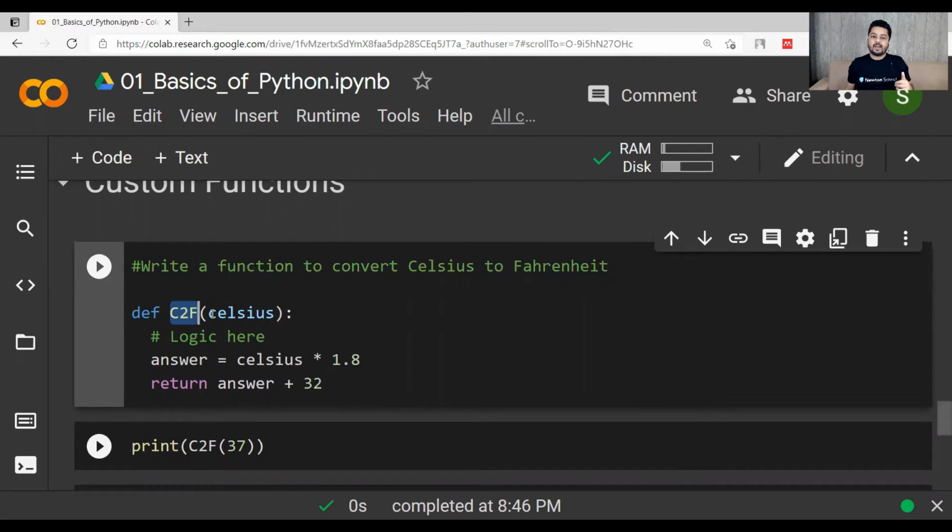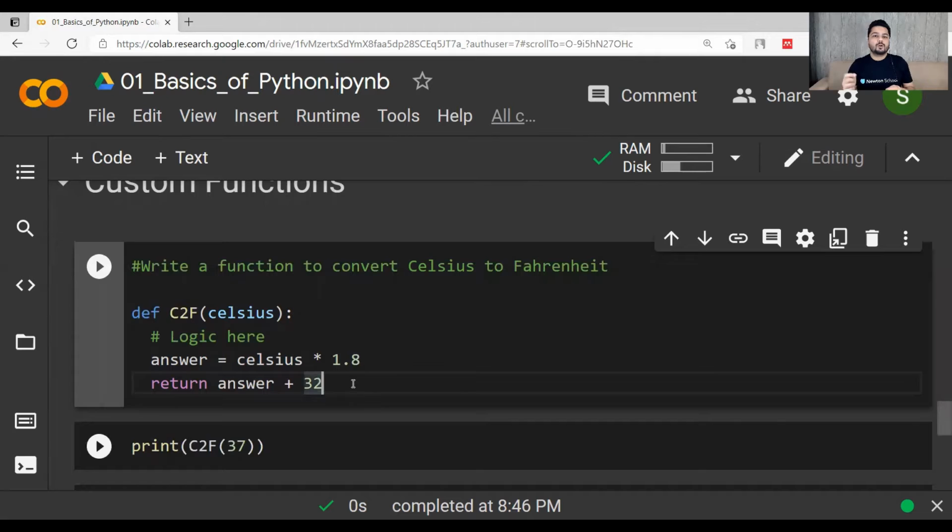Now because I am going to pass a value for this Celsius, what I can do is write just the variable name. It can be C, it can be CEL, and it can be Celsius also. So anything can be written here as a variable name. Now the logic can be put here: answer equal to Celsius into 1.8, and we have to return answer plus 32.